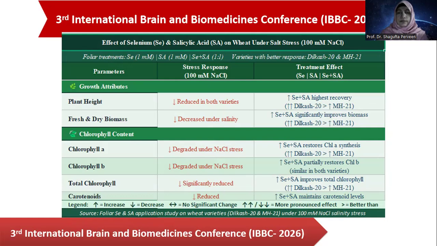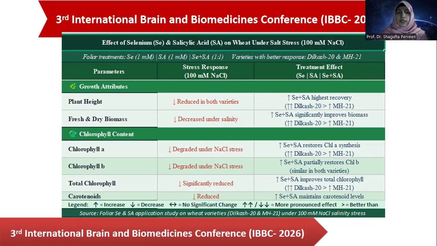However, the combined selenium and salicylic acid has a profound effect in increasing the plant height and fresh and dry biomass of both wheat varieties. However, Dilkash 20 showed more positive response towards combined application of selenium and salicylic acid as